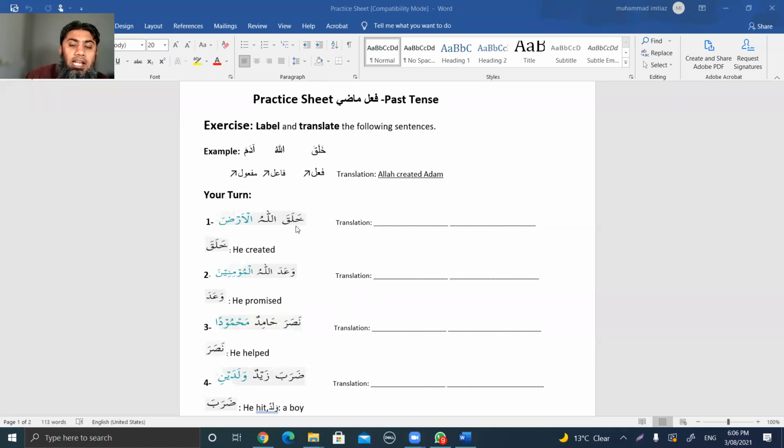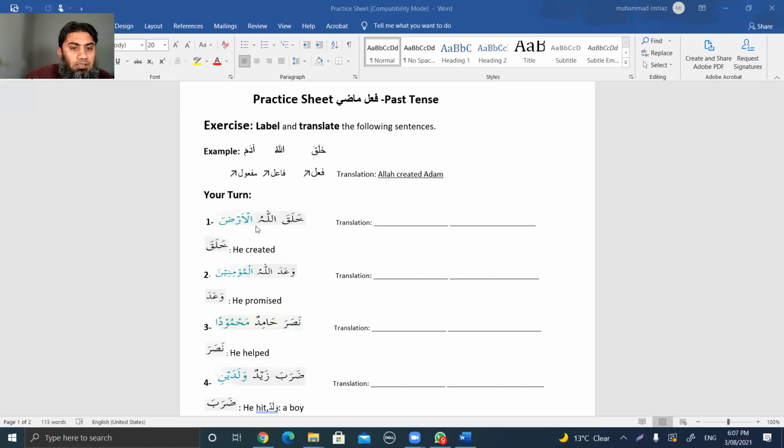And as we know that every fail has a built-in hidden pronoun, and that pronoun plays the role of file or doer of the action. So inside of khalaqa, because khalaqa is number 1 in our madi chart, cell number 1, it has huwa or he as the doer. So he created. Khalaqa, he created. Allahu,